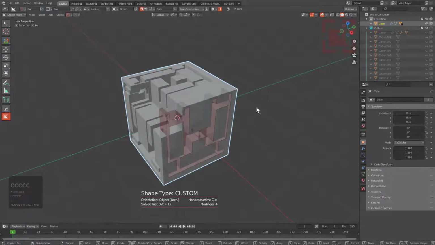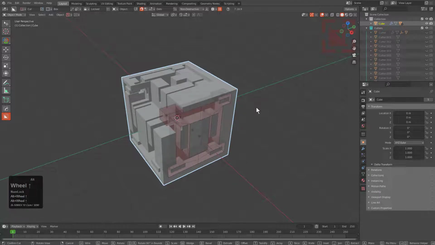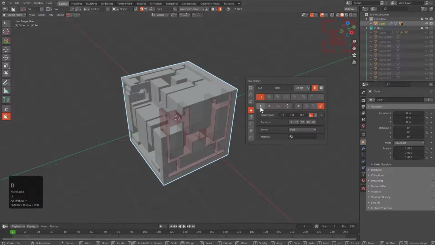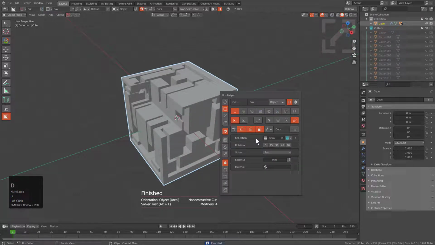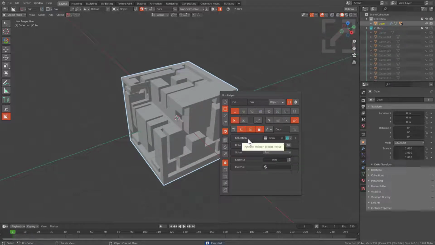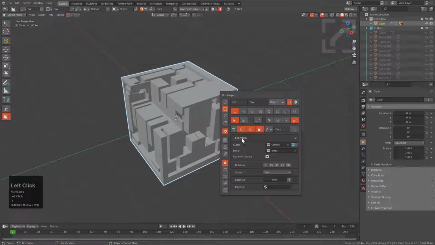But if you're not a fan of the hotkeys, or even just pressing Alt Scroll, which is one of my favorites in Boxcutter, from either changing shapes or changing shapes like we're talking about here, you're also able to do it inside of the D helper. That's one of the reasons that collection is one of the prime options at the top of Boxcutter. If we click on collection being highlighted, we see that we're able to go in and specify specific things about Boxcutter. For example, what collection we're placing our cutters in, what collection we're recalling, and